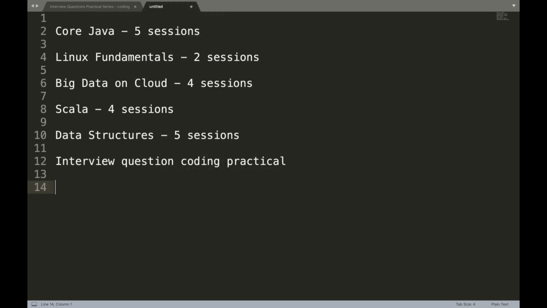Also, the other series will be interview logical questions where they ask you a question and they expect the answer, right? So interview logical questions on big data, right? So there are 2 series which I will start. One is the coding based and other one is normal question answer session. So today I am going to start this one, coding practical. And I am trying to start with some of the questions which are recently asked in interviews. So we will start with that, right?